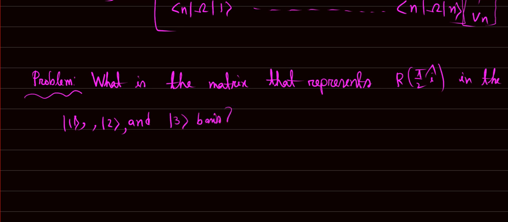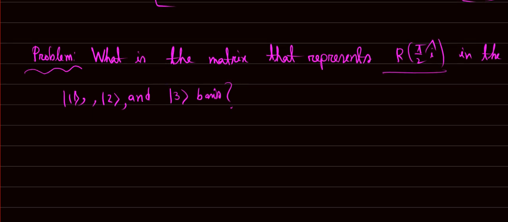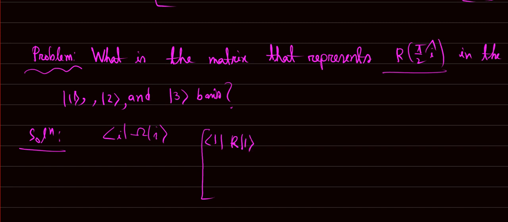What will be the form of this operator in matrix form in this basis? So let's solve this. So we know these are the matrix elements. So if we want to write it in matrix form, 1 R 1, 1 R 2, and this is the